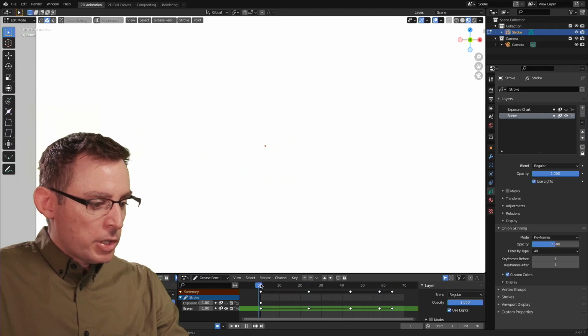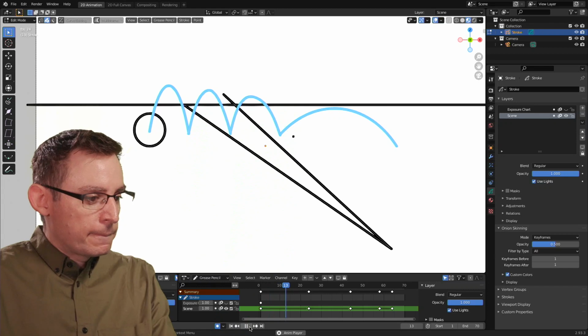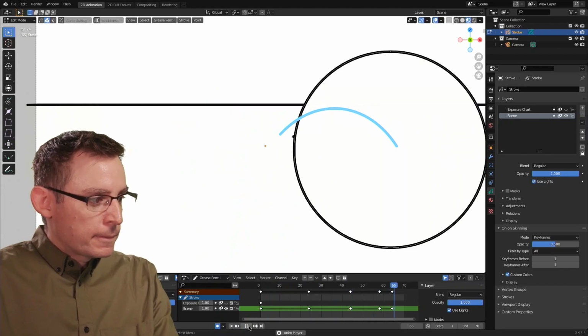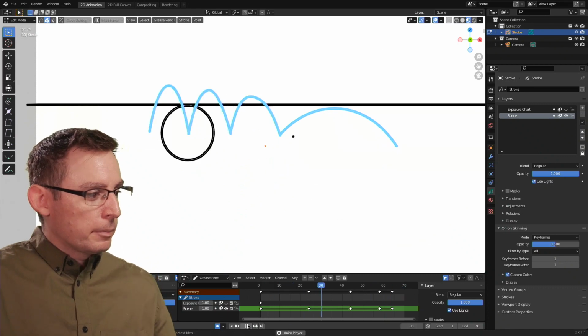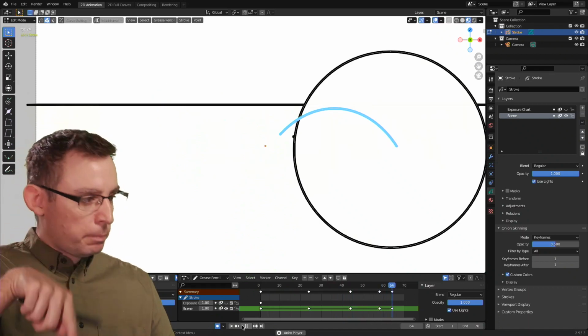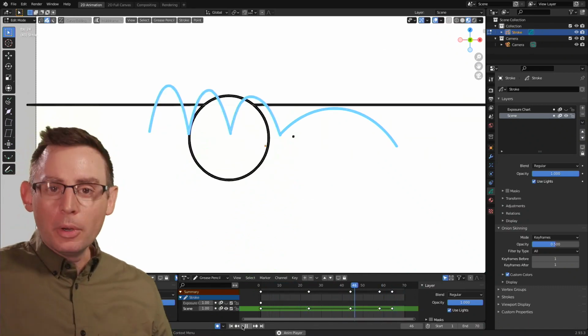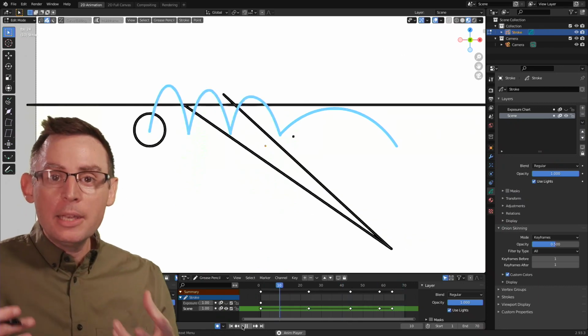All right, let's play our animation and start to conceptualize how the timing of all of this is going to work. So in my mind, I'm going boom, boom, boom, boom. Pretty cool, huh? When we're working in the animation process, we have to project. We have to pretend a little bit.